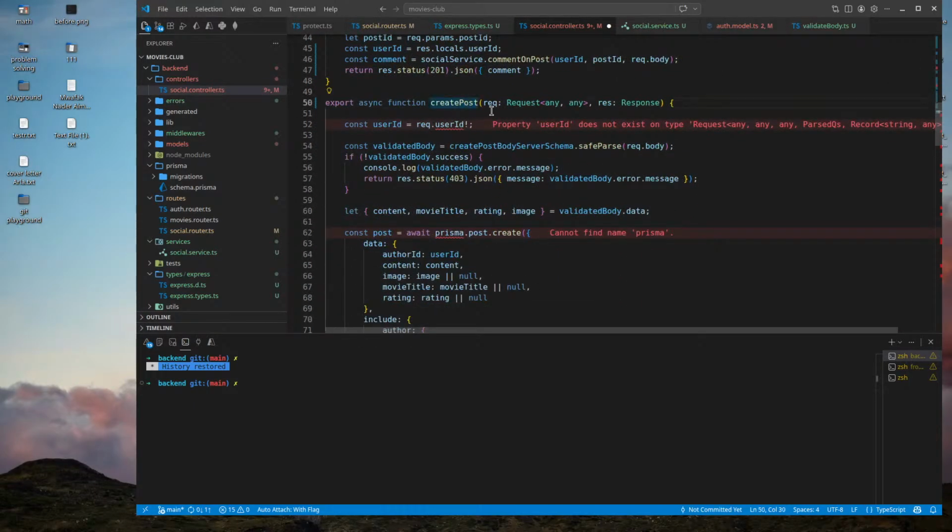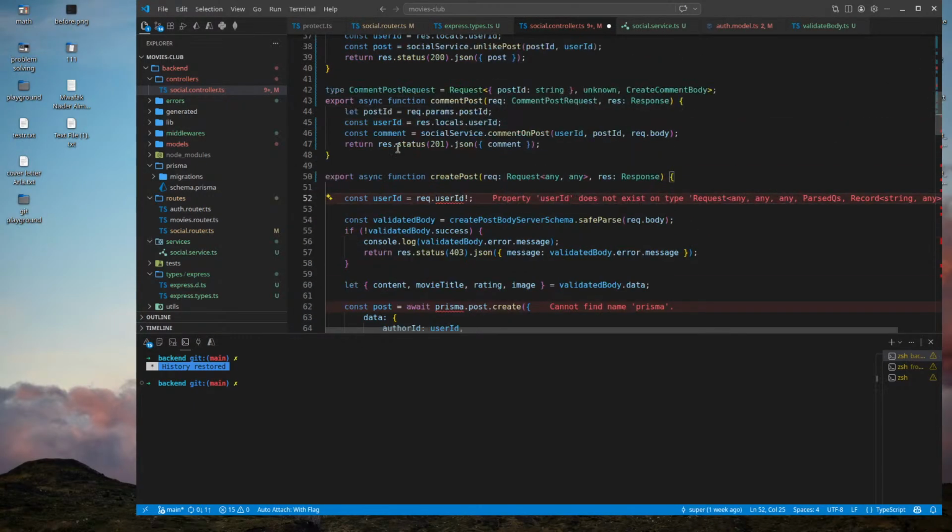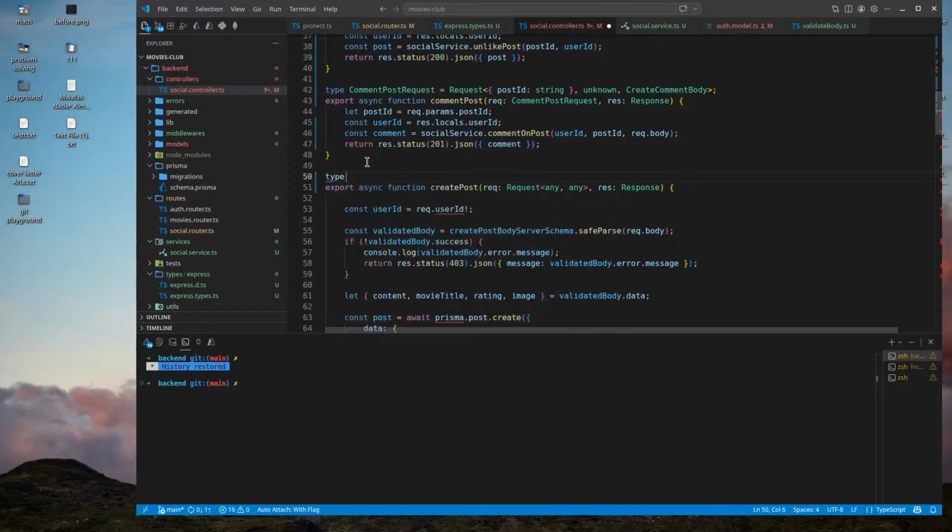Create a post. This is a monster. We gotta work on it. So first thing, type create post request. Oh, this should be create comment request.